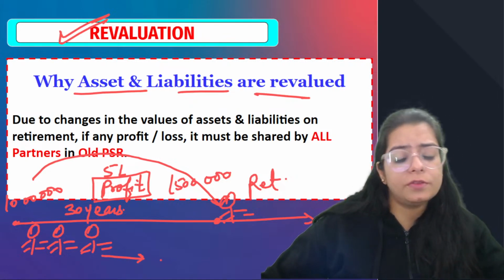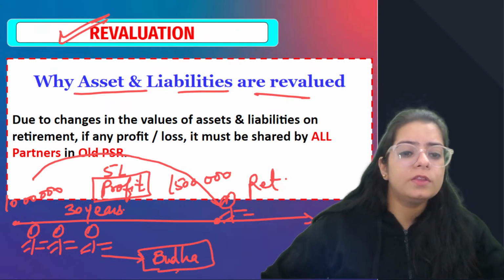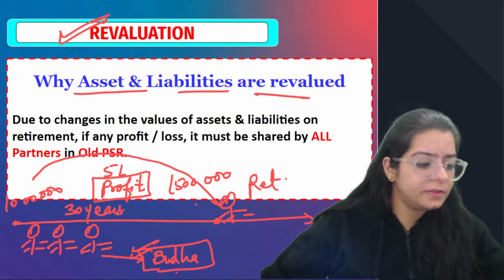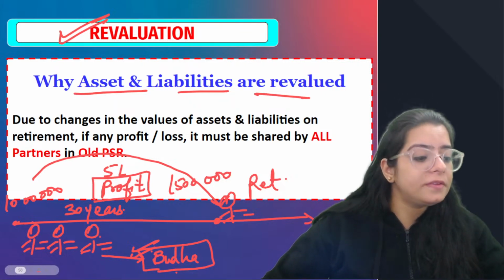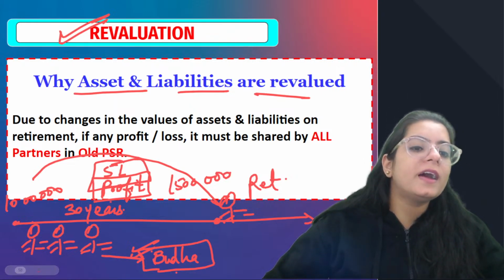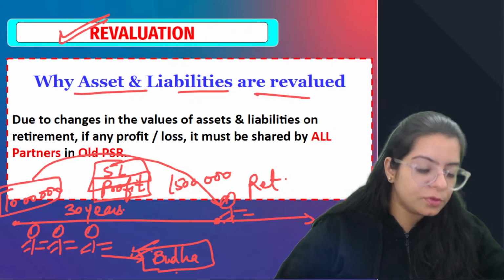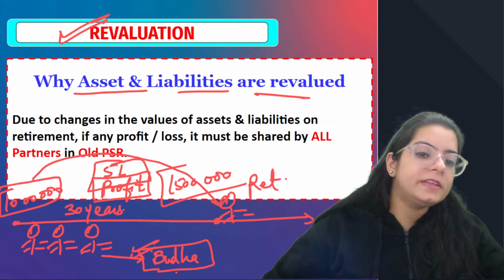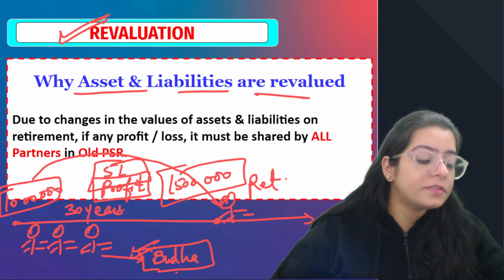let's say this partner is retiring, so call him the old partner. This old partner is retiring, so the profit of 5 lakh, does the old partner also have some participation in this profit or not? Because this asset was purchased when he was in the business, so he contributed. Now when he is leaving, the value has increased, so he has also got some share